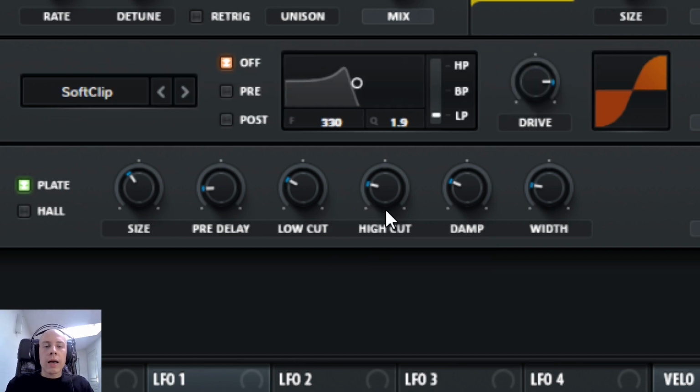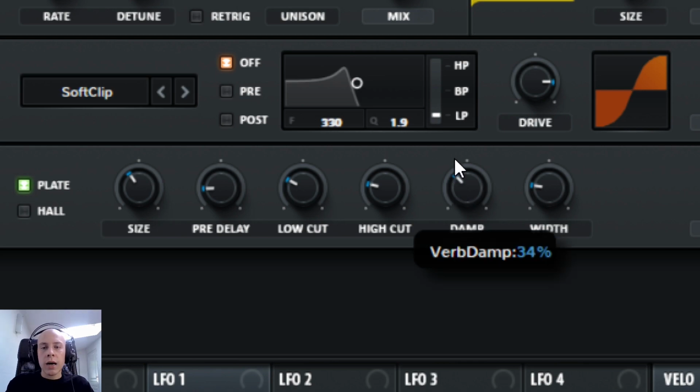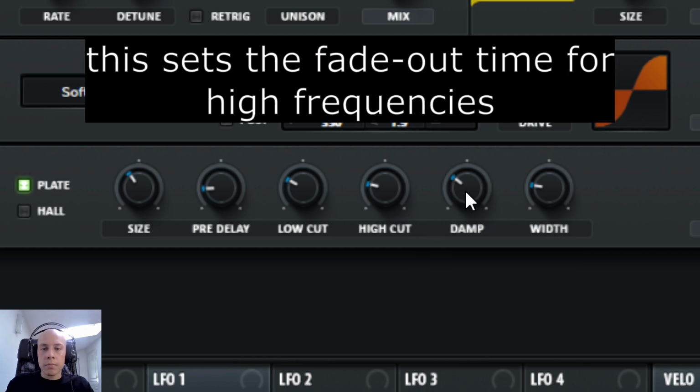That is why I have turned down the high cut control to pass through more high frequencies. Also, I don't want to mix low frequencies coming from the reverb with the low frequencies coming from the raw bass sound. This could make my sound more muddy, less precise. The damp control can also indirectly control the amount of high frequencies in the reverb.